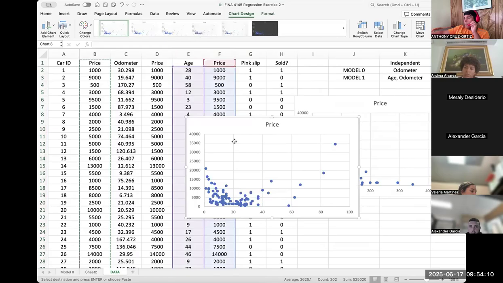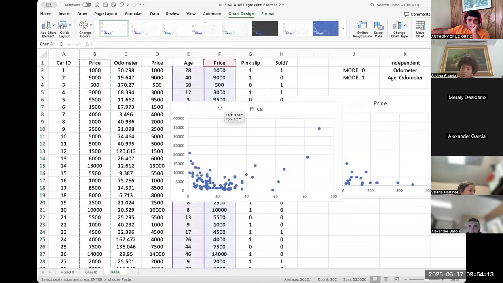Aha, interesting. So now this is age. What are you going to tell me about age and price? How do you interpret this graph? You see, this has like a quadratic relationship. Now we're going to model age as though it's linear, but that's not going to be correct either. We have to include this quadratic relationship, and I'm going to show you how to do that if you don't know.